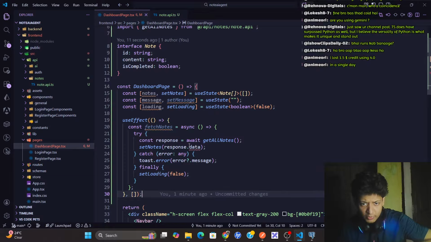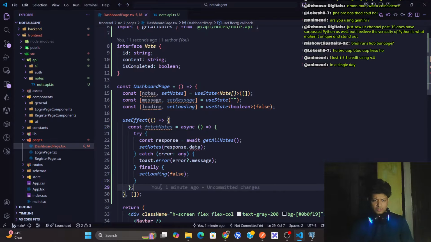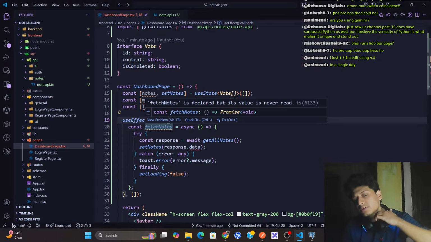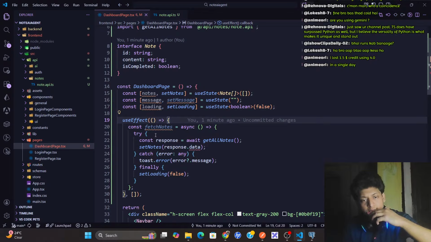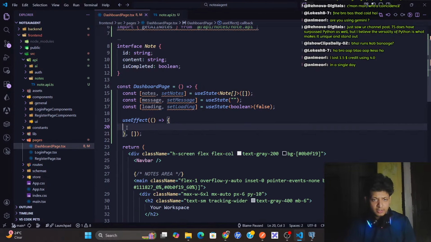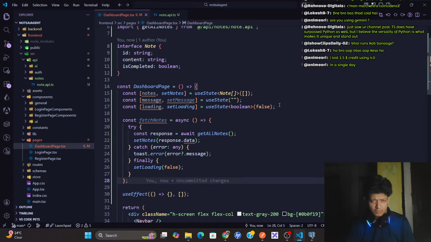What is the issue? Async. Oh wait, I'm using it, if I'm calling it here. Just a sec. Copy this. If I bring it here, if I paste it outside, this is a function.